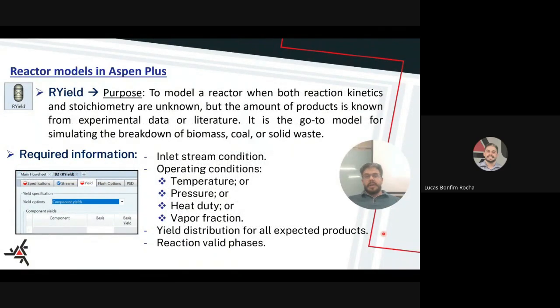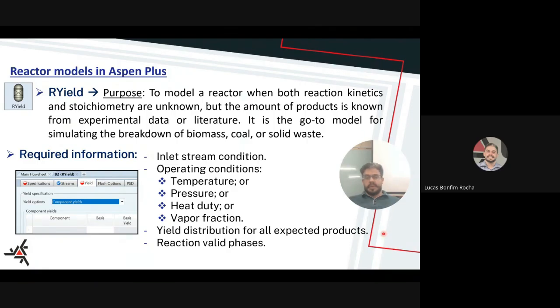So for the R-yield model, the purpose, let's remember, is to model a reactor when we don't know the kinetics and we don't know the stoichiometry, but we have experimental data or data from literature that we can use for predicting the amount of products produced. It's the go-to model for simulating the breakdown of biomass, coal, or solid waste. So normally when you have compounds with a composition that's hard to estimate, or we know only the amount of atoms of each element in that composition,